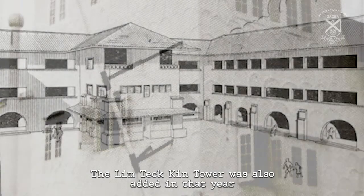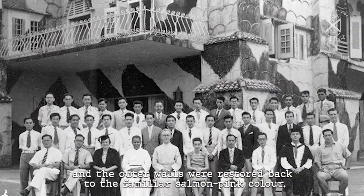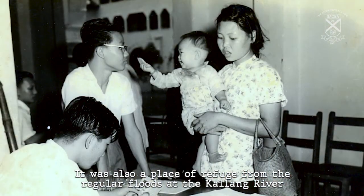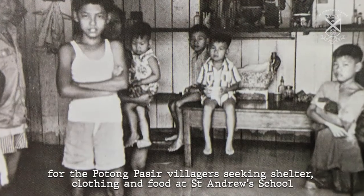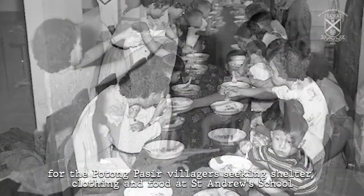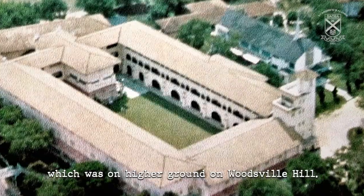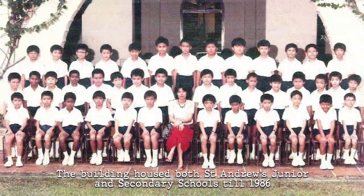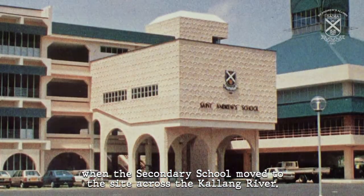The Lim Teck Kin Tower was also added in that year, and the outer walls were restored back to the familiar salmon pink colour. It was also a place of refuge from the regular floods at the Kallang River for the Potong Pasir villagers seeking shelter, clothing, and food at St Andrew School, which was on higher ground on Woodsville Hill. The building housed both St Andrews Junior and Secondary Schools till 1986, when the secondary school moved to the